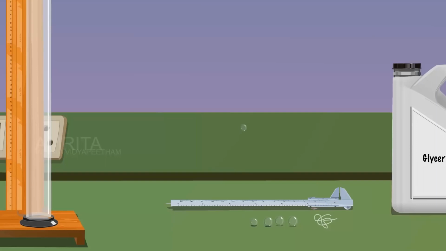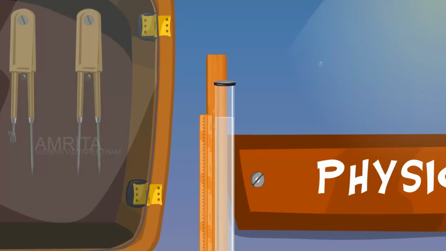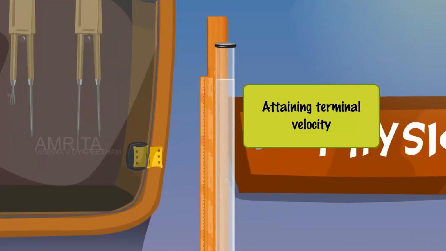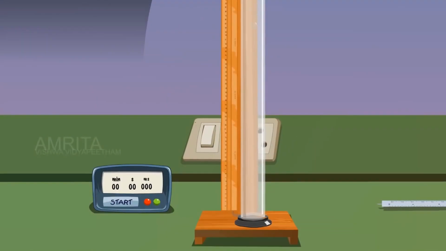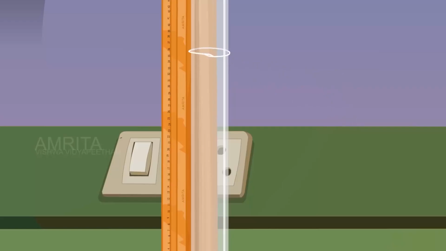Take a glass bead of diameter 5 millimeters and drop it gently into the liquid. It falls down in the liquid with accelerated velocity for some time and then moves with a uniform terminal velocity. Using a thread, mark a reference point A below the point at which the bead acquires terminal velocity. Mark another point B below the point A using another thread so that the distance between A and B is